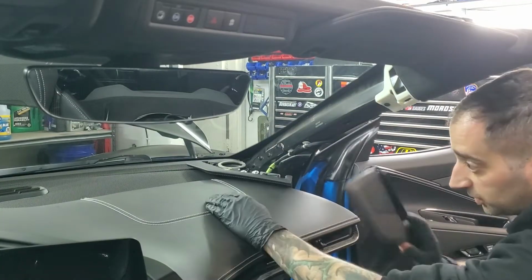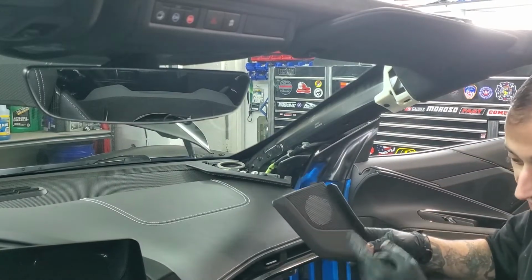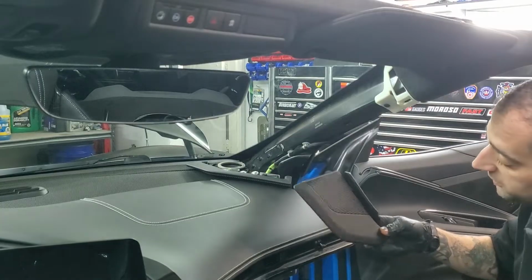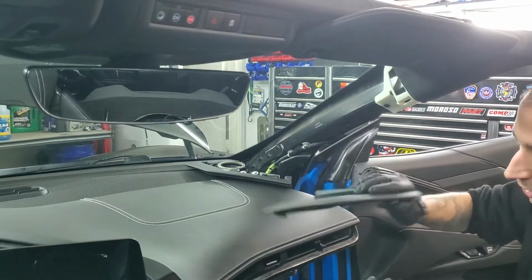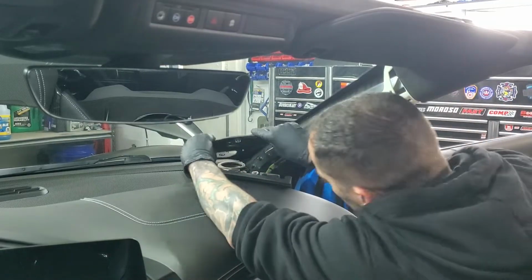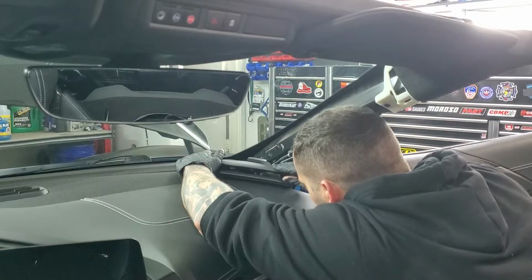Okay, once you have this in, go ahead and put your speaker grill cover in first, because this little groove right here is what the A-pillar cover is going to sit into. There's a little tab right here and right here that it has to hook into, and then you press down to seat it into place. Once you do that,